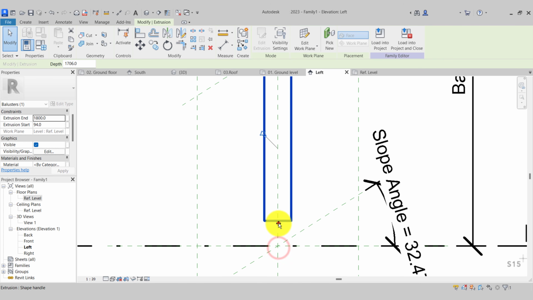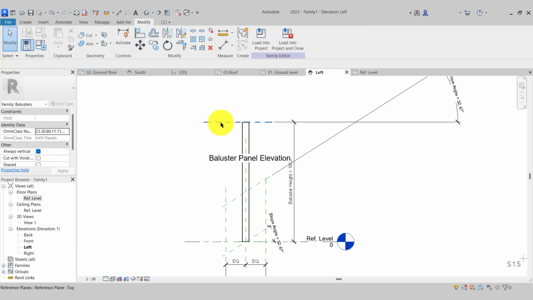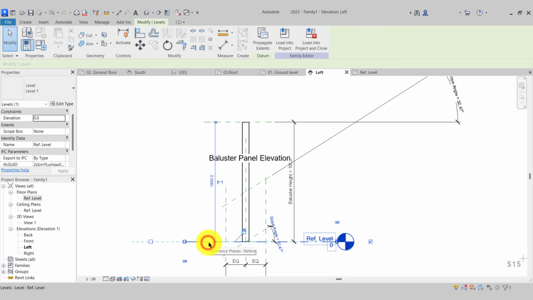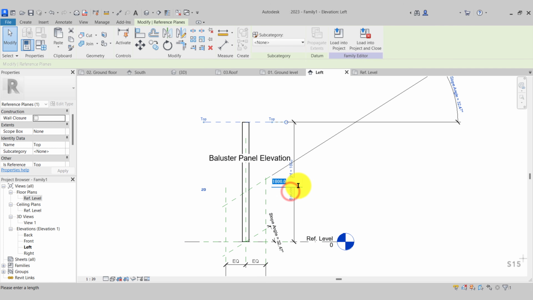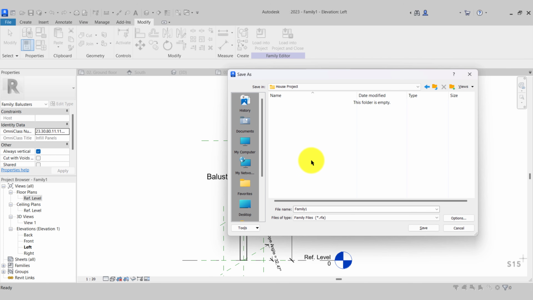And I must also do the same for the bottom. So now it's locked in place. When it's locked in place, it's attached to these reference planes. So when we change the baluster height in the model, those reference planes will adjust and our panel will adjust in height. So now we will save that and save it into your house project folder, and we'll call it